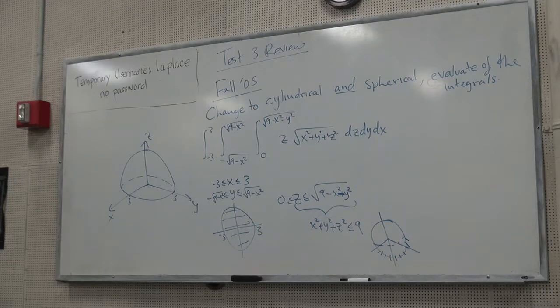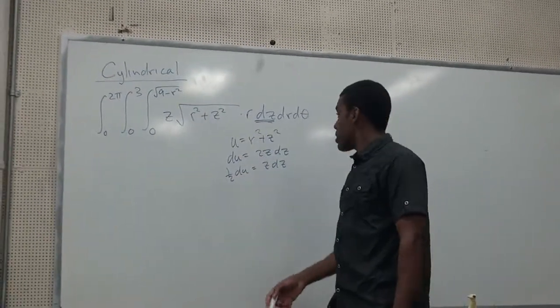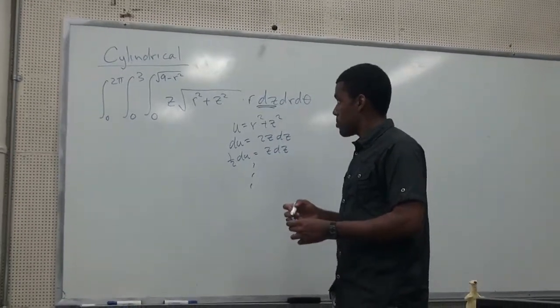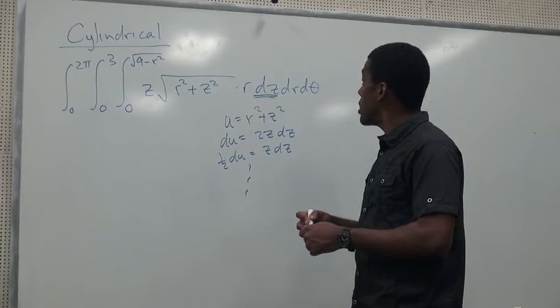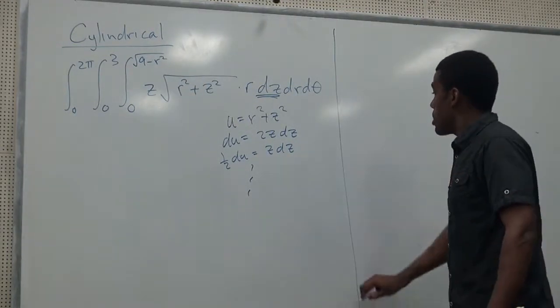So you take 1/2 du for z dz, and then you do a u substitution. Yeah. So now if we do the spherical,